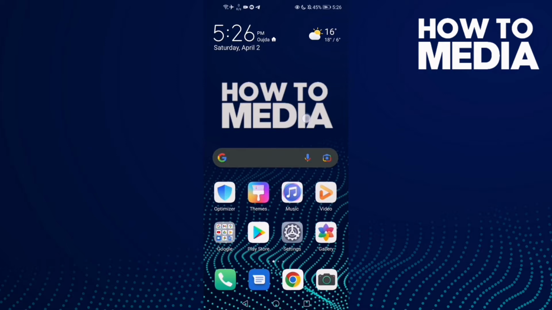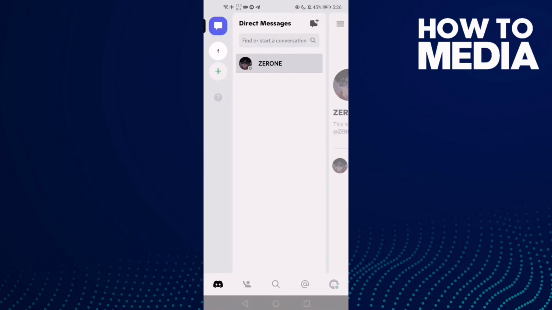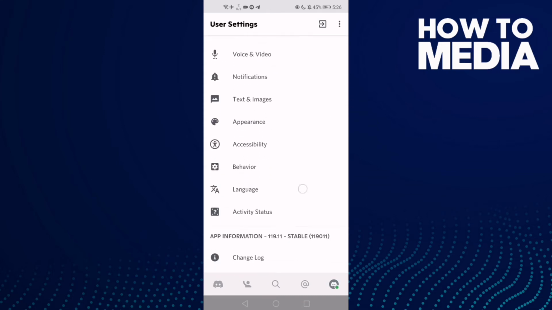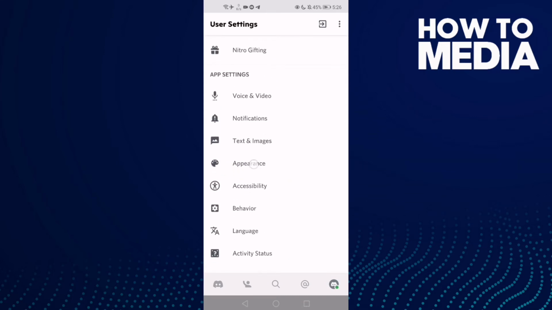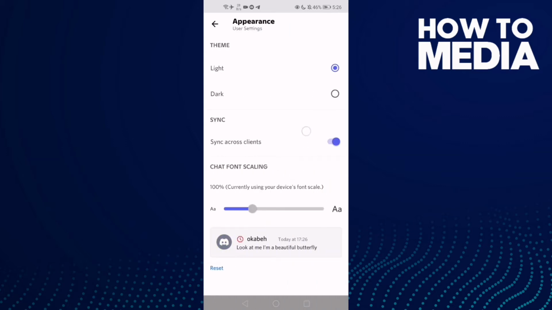First let's go to Discord and then go to settings, and now you need to find the appearance, this one, click on it, and then all you need to do